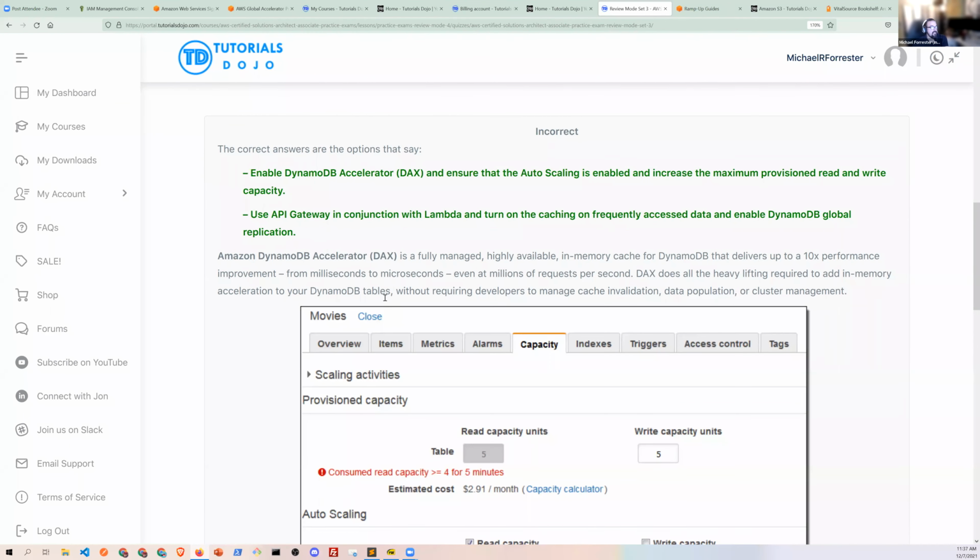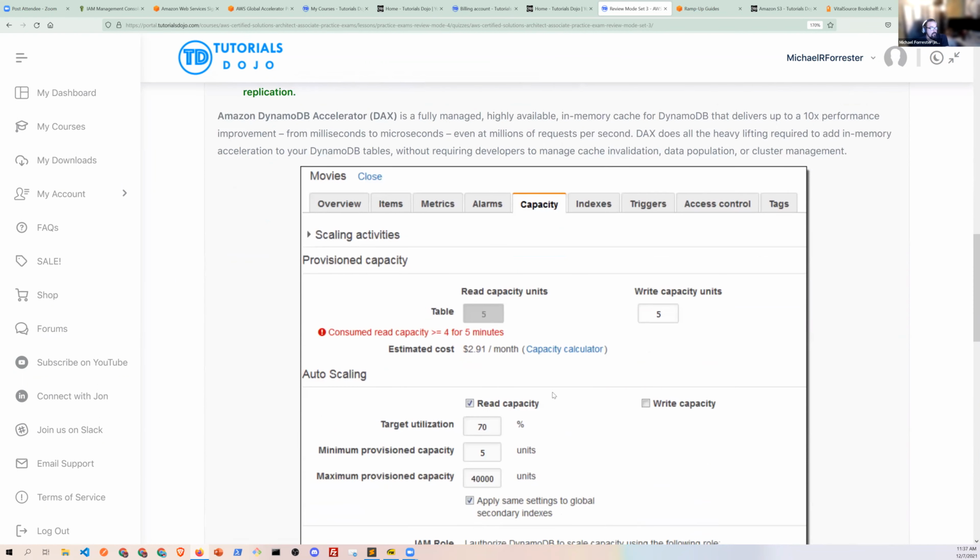So DAX, by the way, is an in-memory cache in front of DynamoDB, right? DAX does all of the heavy lifting to add basically high speed capacity to your DynamoDB tables. You can also, by the way, when you come in and set the caps, not just for DAX, which is separate, right?